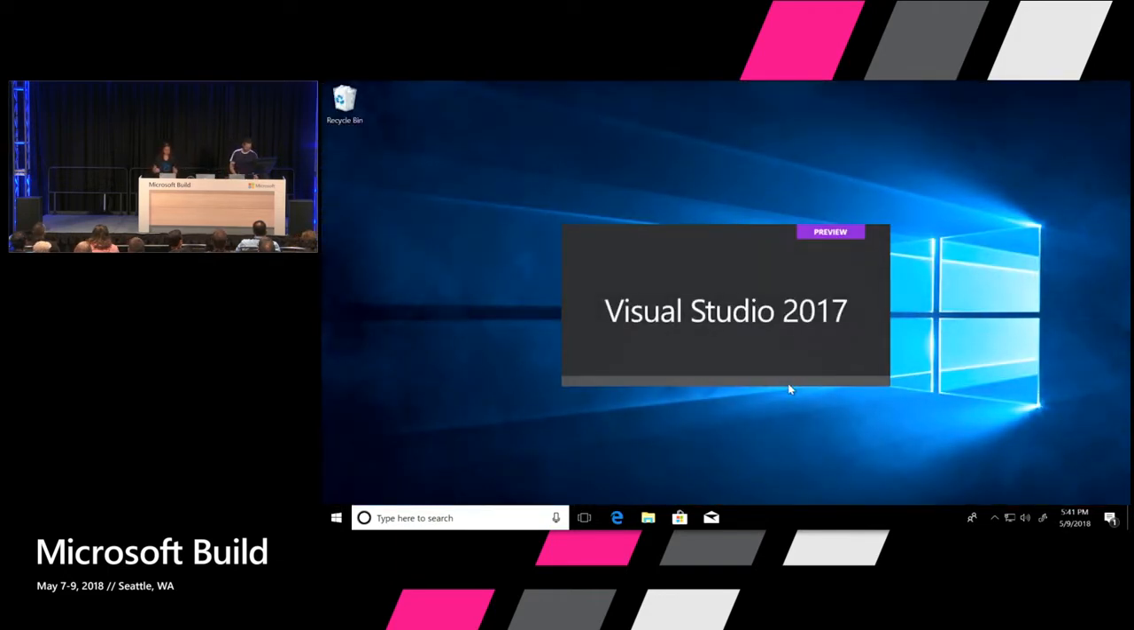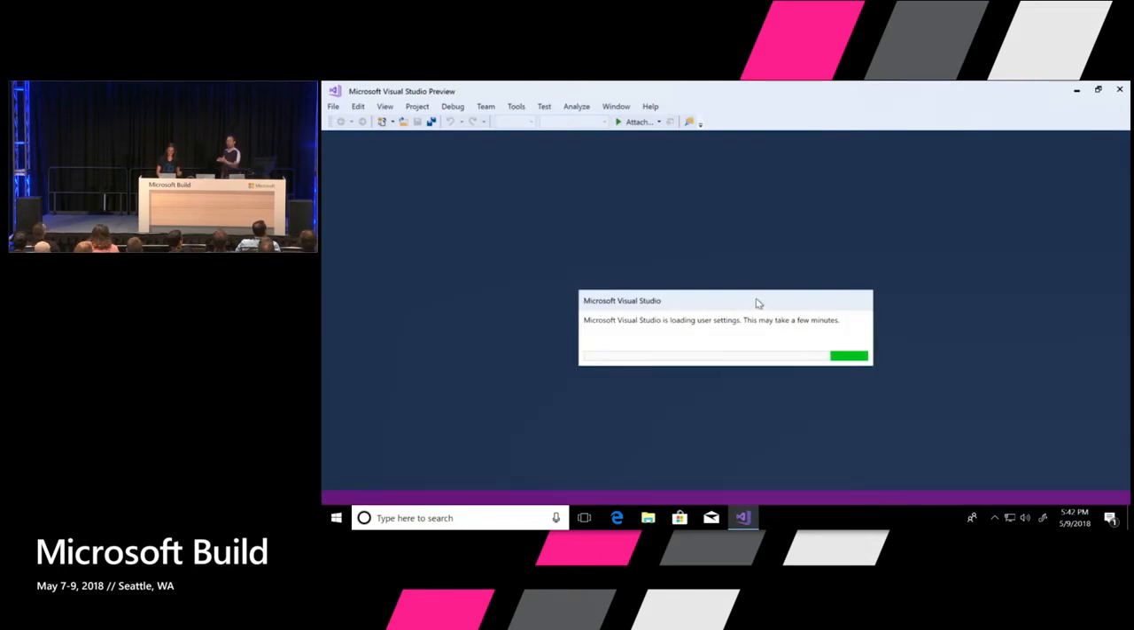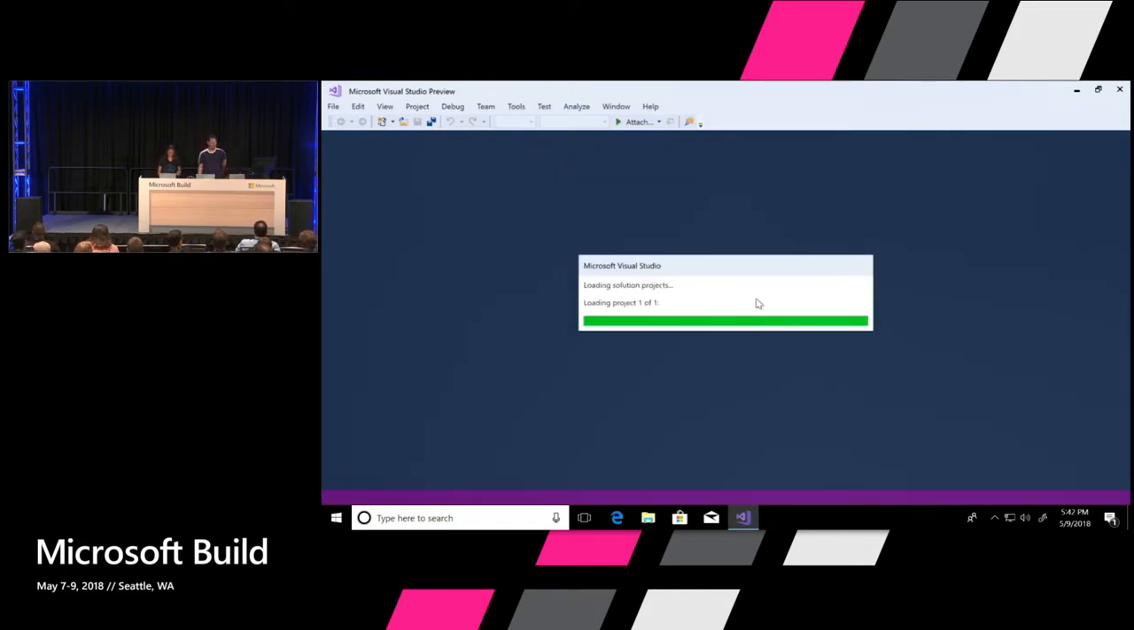So normally, oh, where'd Visual Studio go? You know this is live when you see that. So. Of course. Yeah, so